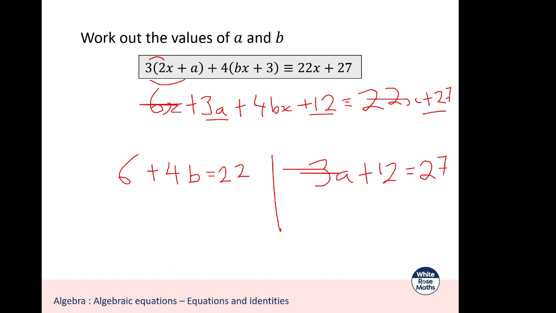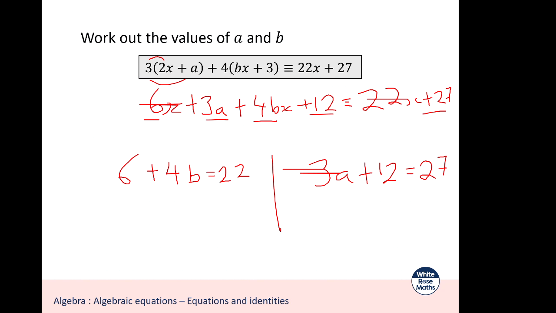Now, those 3 lines just mean that everything on the left hand side is identical, i.e., the same as everything on the right hand side. So I can say that all the x terms have to be the same. So 6x plus 4bx has to equal 22x. So the coefficients of x, the numbers in front of the x, are going to be 6,